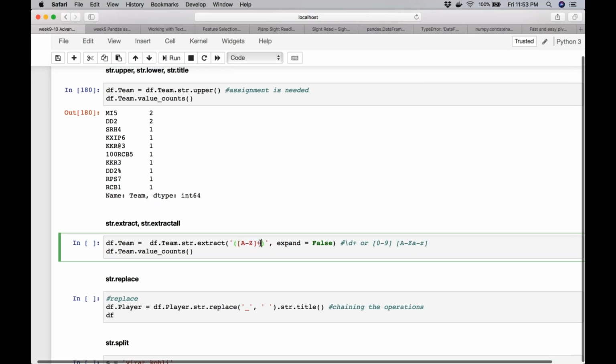The plus means that I want to extract one or more. So from the entire column, I want to extract one or more instances of any characters between A and Z.